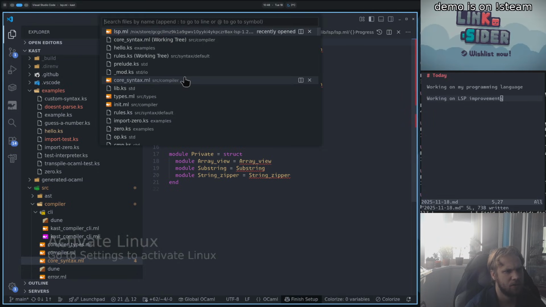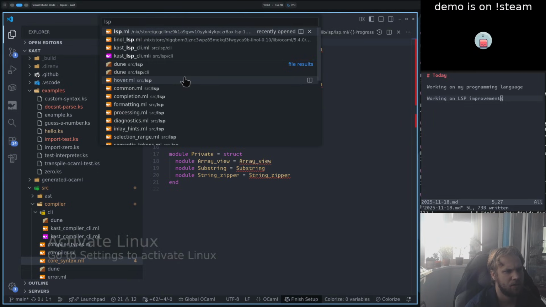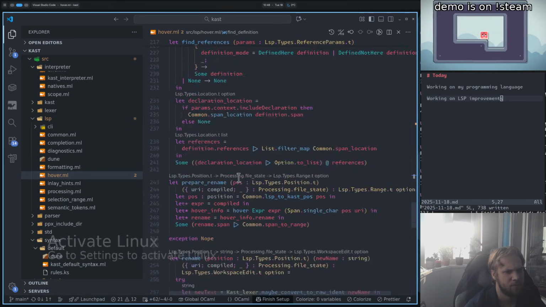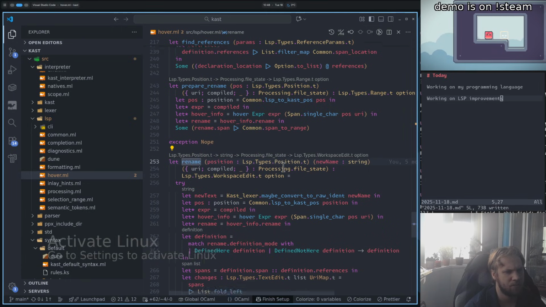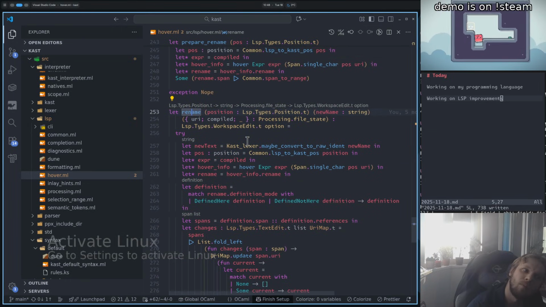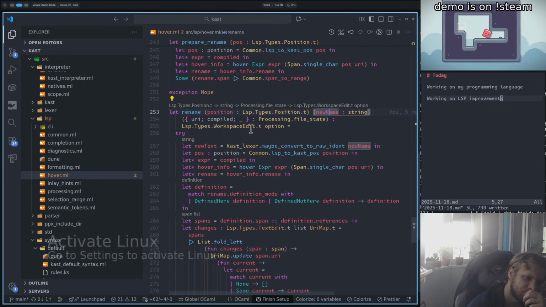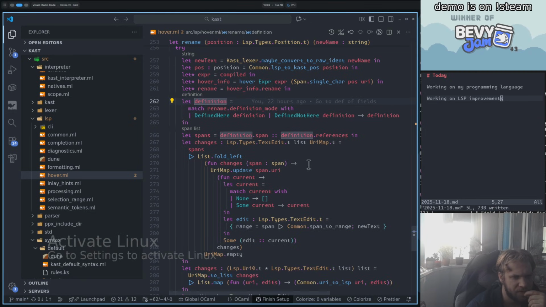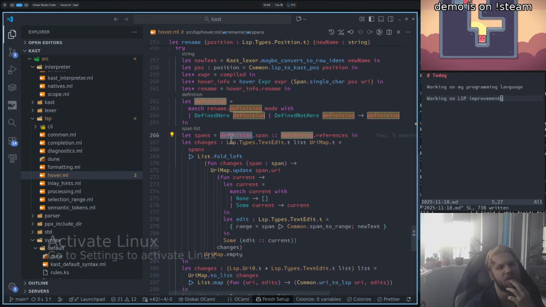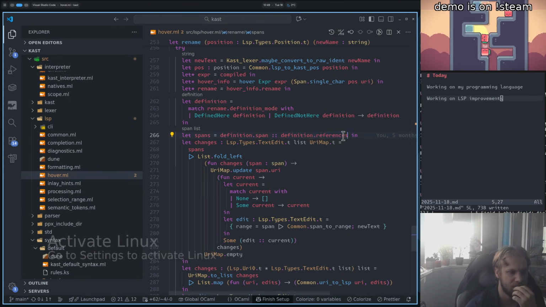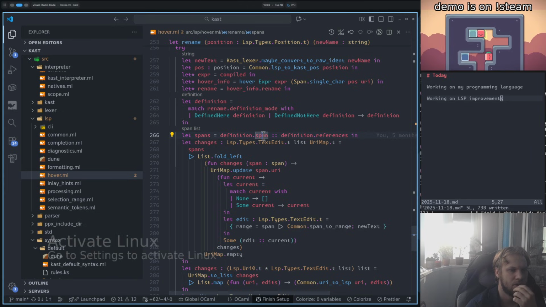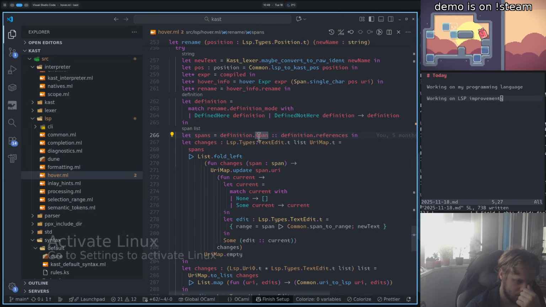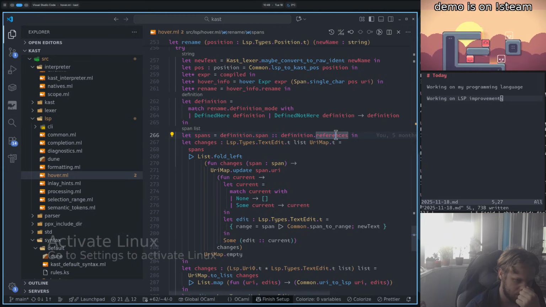Rename is this. We have the definition. Yes, okay, maybe it's because of this. We have the definition span and definition references. Can it be that this span and the reference